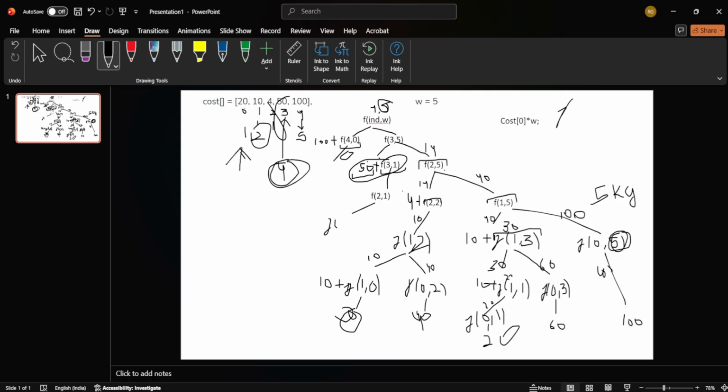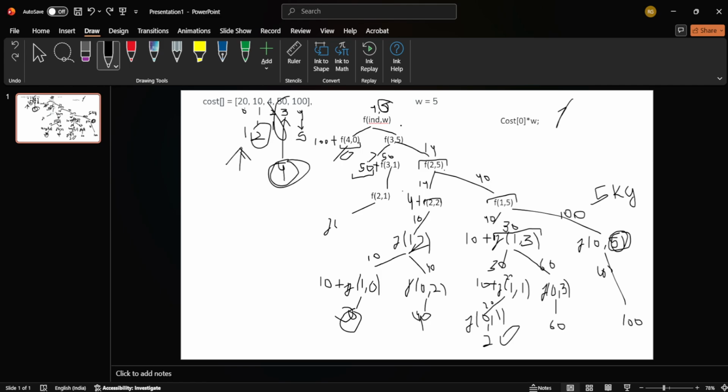The value becomes maximum. Okay, means this value represent greater than 50, and here this function need to choose the minimum of this pick and this not pick. Okay,